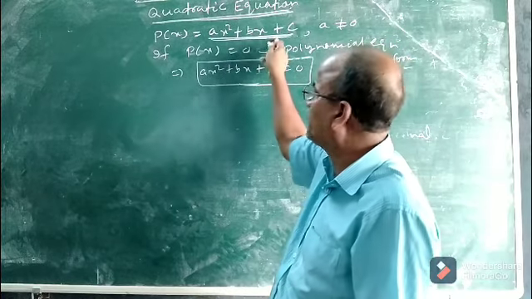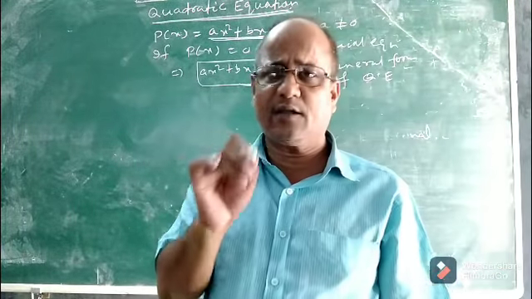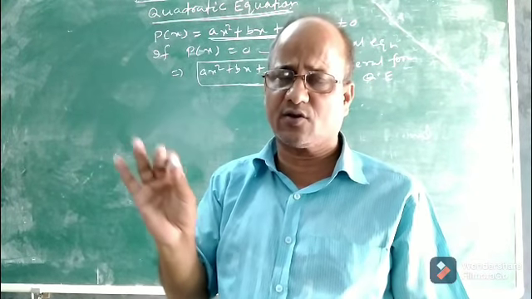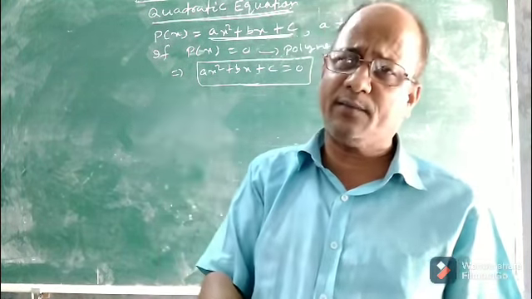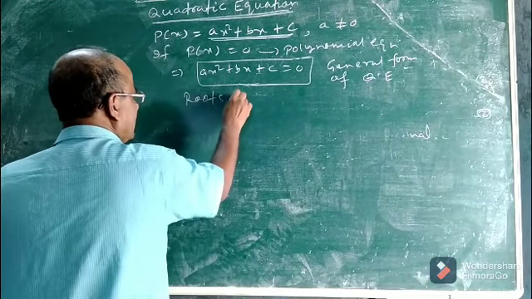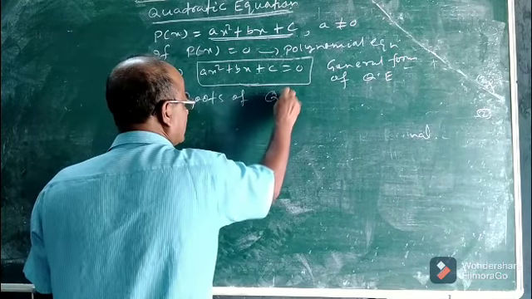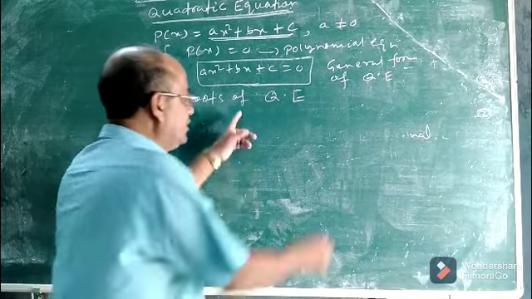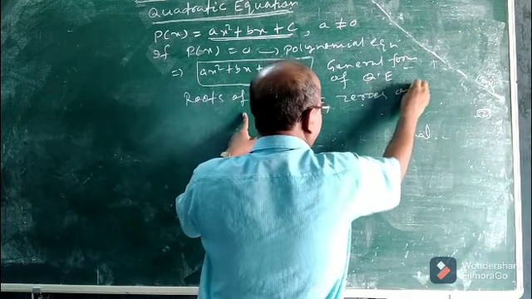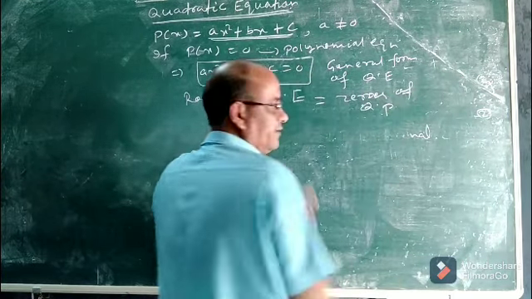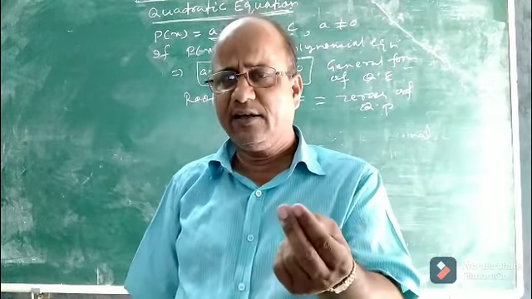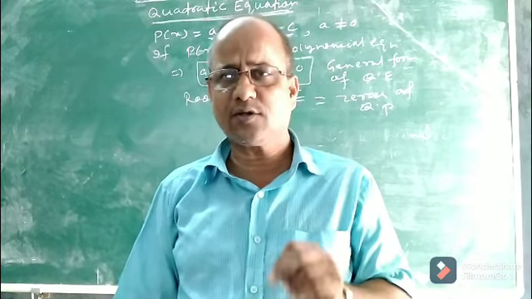As you know, every quadratic polynomial has two zeros, namely alpha and beta. How to find those zeros was taught. Those zeros of a quadratic polynomial are known as roots. Roots of quadratic equation is the same as zeros of quadratic polynomial. So definitely a quadratic equation will have two roots or solutions.